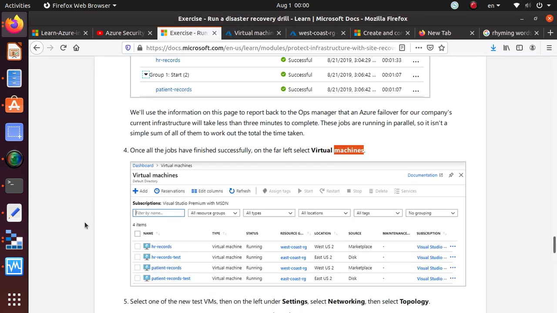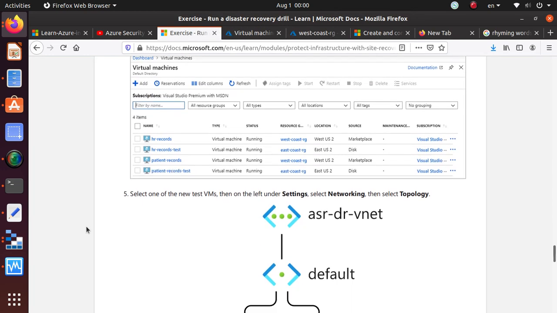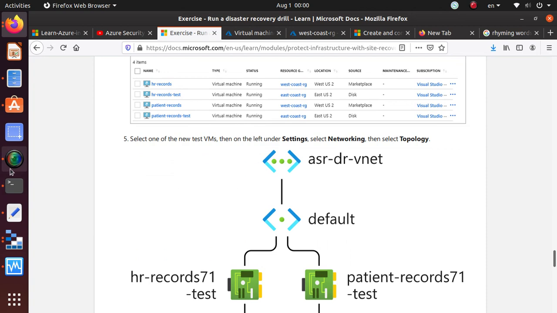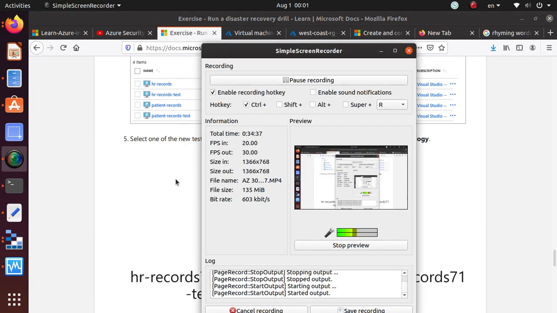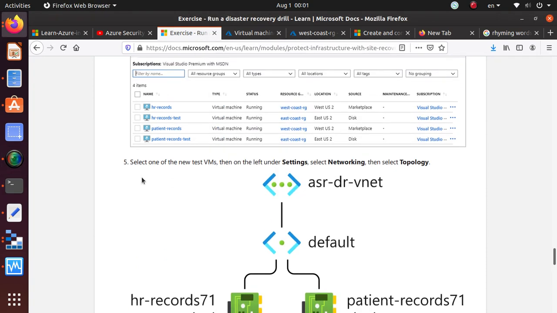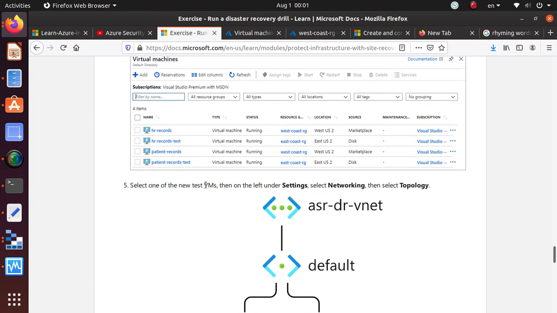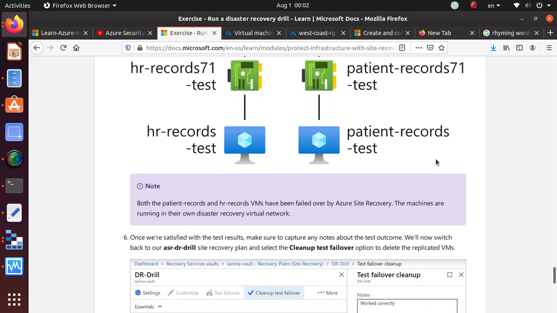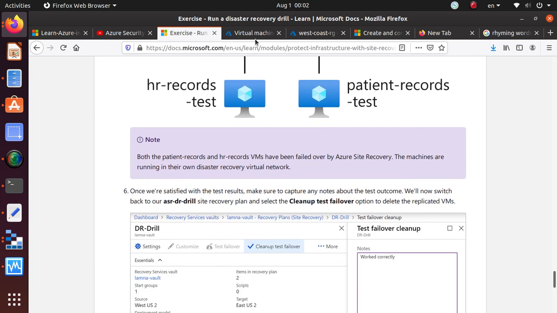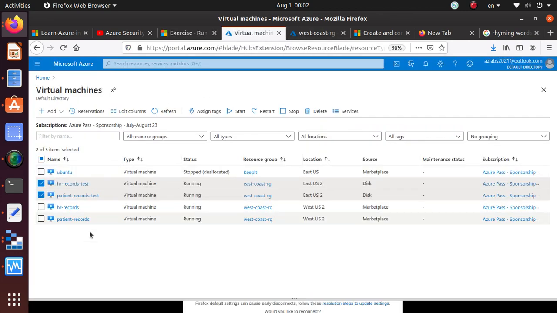Let's see, in theory we should be cleaning this up. Alright, so if you come back over here, select one of the new VMs, and then on the left, settings and networking, and just review the networking real quick. So if we can come back over here,